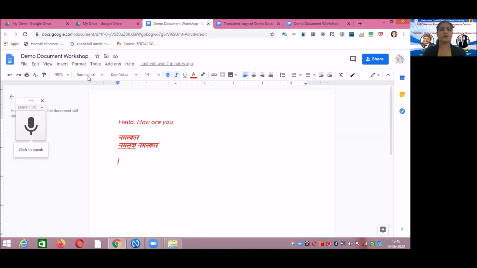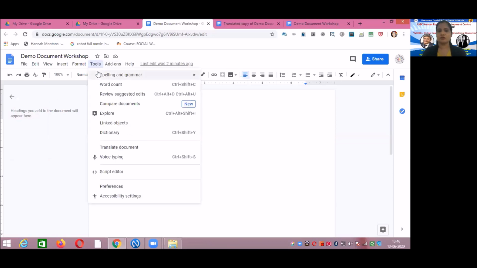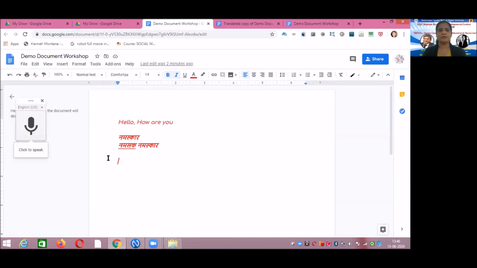So to start, you go to the tools option, and after that you click on voice typing. This option will appear, in which you can select the language you want to speak or write in. Right now I am keeping it in English.